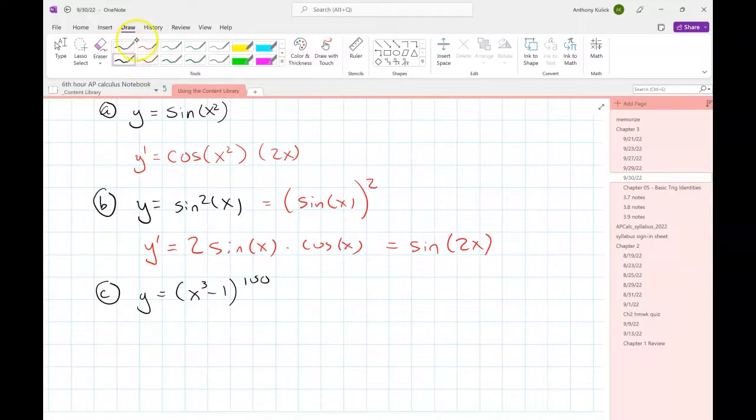So look at this guy. Before the chain rule, what would we have to do? You'd have to do the binomial expansion of that to take the derivative piece by piece, right? Yuck. Here, if we do the chain rule, the derivative of the outside is just going to be 100 whatever's to the 99th. And the derivative of the inside is going to be